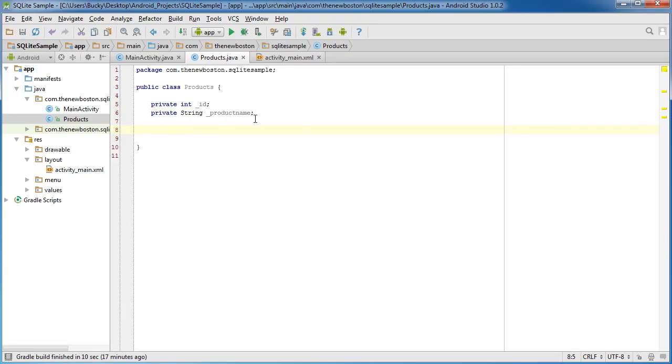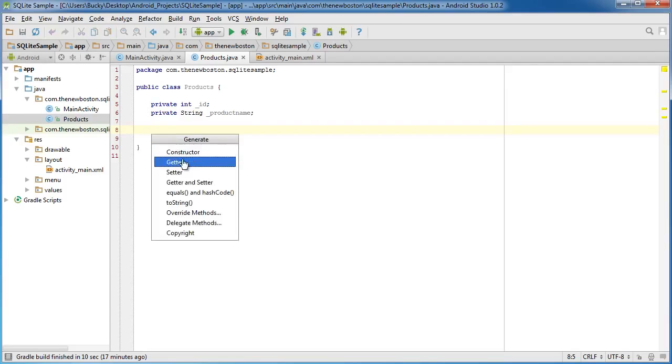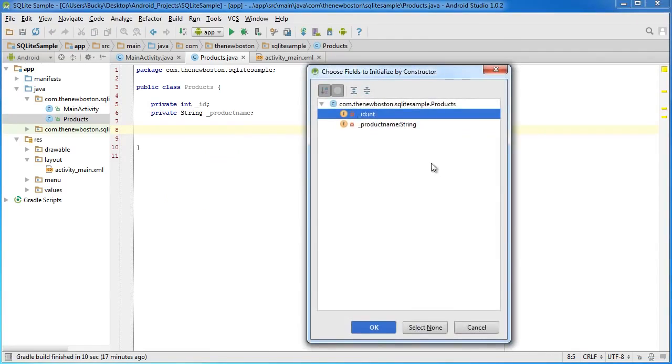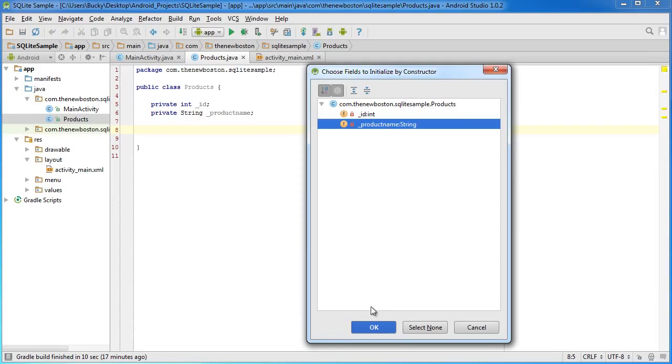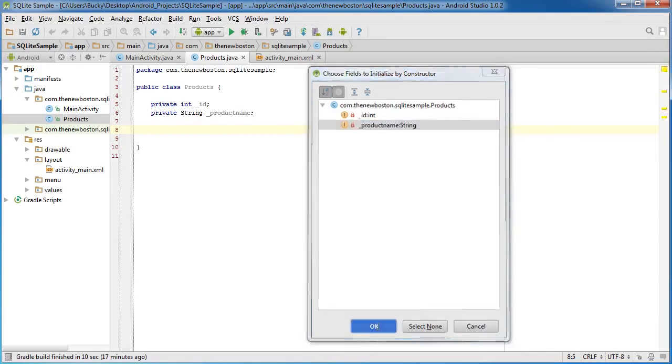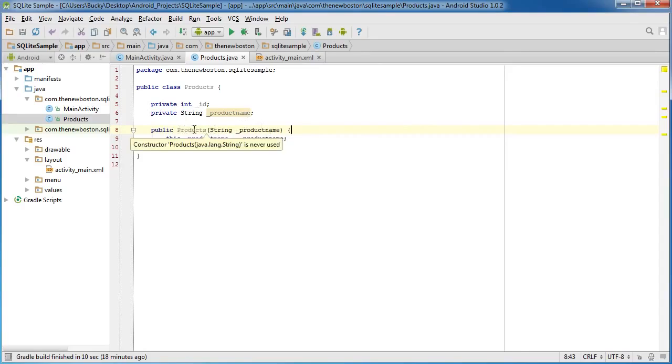Again, this is going to be a really simple example. If later on you ever want to add the color of the product or the type, category, size, whatever, you can just add more variables, which will essentially add more properties to your object. But for right now, just a simple example. Now after this, I want to add a constructor. Whenever we create an object, we're going to allow the user to type in a name. So therefore we make a constructor